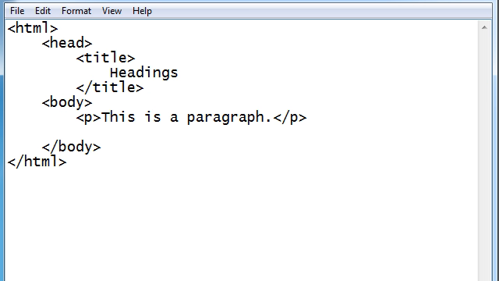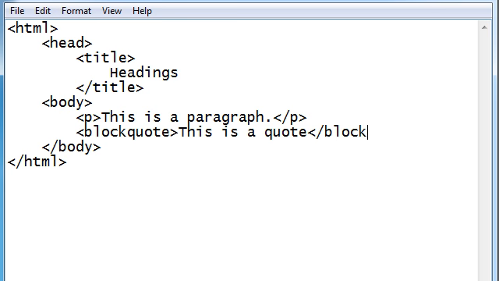But like I said in the last video about block quotes, I'm just going to show you what this looks like here. So we'll say this is a quote, and I'll just kind of show you that there are a lot of different text outputters, and you can find a lot of them. There's paragraphs, block quotes, all sorts of stuff, and as you see, it kind of gives it a margin off of the side, and it kind of makes it